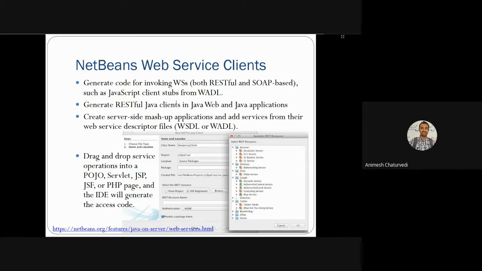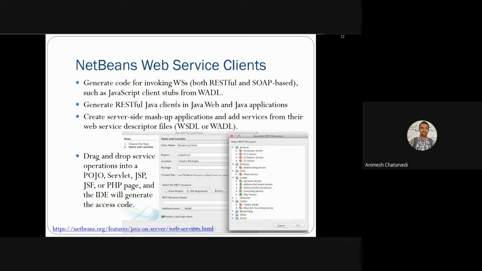It can be a JavaScript client that could be stubbed as WADL, meaning web application description language. So this type of WADL, web application description language, is there. Then you can automatically create a RESTful based Java client based upon the web service that you have.